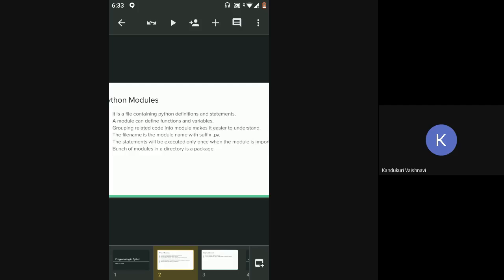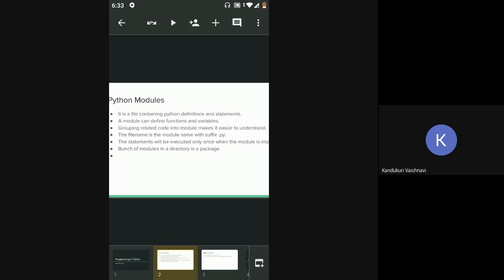Okay, so whenever you're creating a module, the functions that you are writing as a part of that module must have some connection. It should be a part of something, right? So yeah, this is one example of all the operations that you can have on numbers in one module. So yeah, this is it.